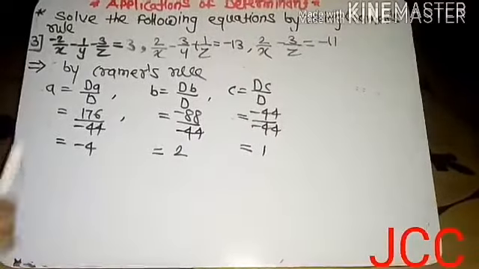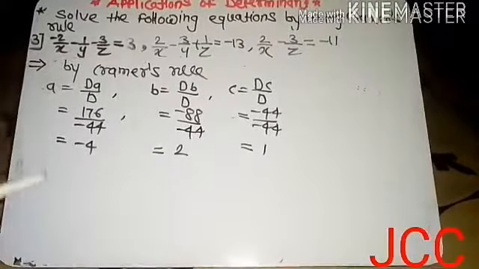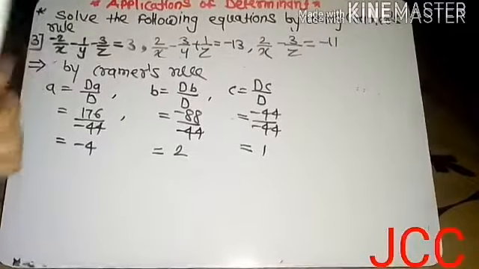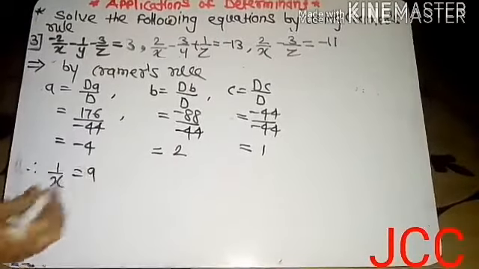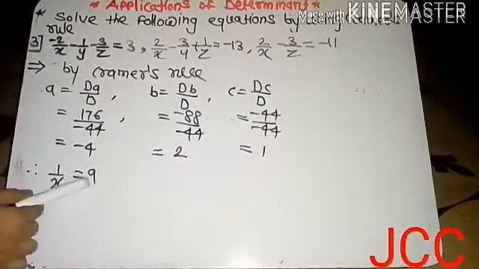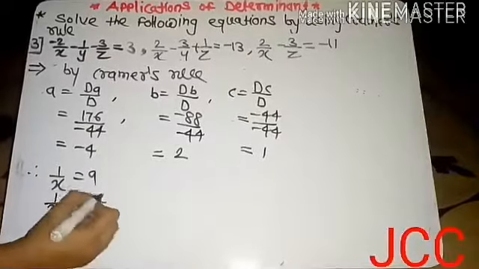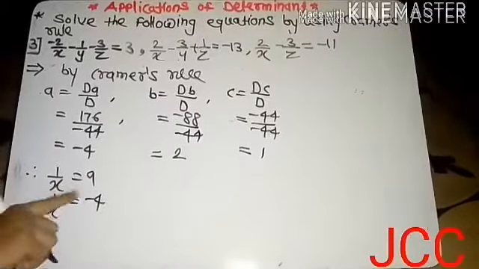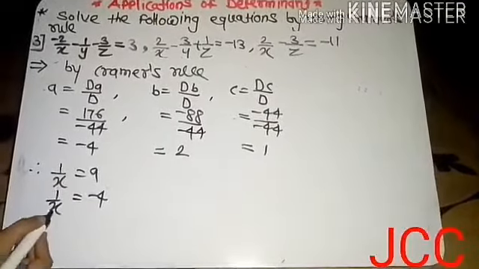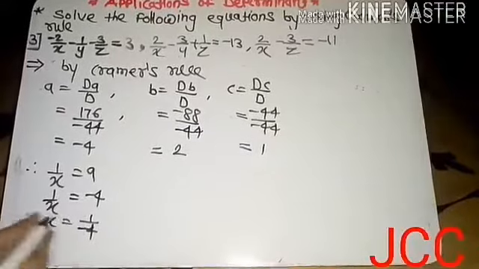But in this question it is in X, Y and Z, and we found A, B, C. We want the values of X, Y, Z. That we consider first 1 upon X is equal to A. आपण वरती कन्सिडर केलंय 1 upon X ला A. मग A ची व्हॅल्यू आपण फाइंड केली आहे -4. आपल्याला पाहिजे X ची व्हॅल्यू 1 upon X ची मिळाली आहे. टेकिंग रेसिप्रोकल म्हणजे दोन्ही साइडचा रेसिप्रोकल घ्यायचा. हा X न्यूमरेटरला जाईल आणि हा 4 डिनॉमिनेटरला, that is 1 upon -4. We can write -1/4 also.